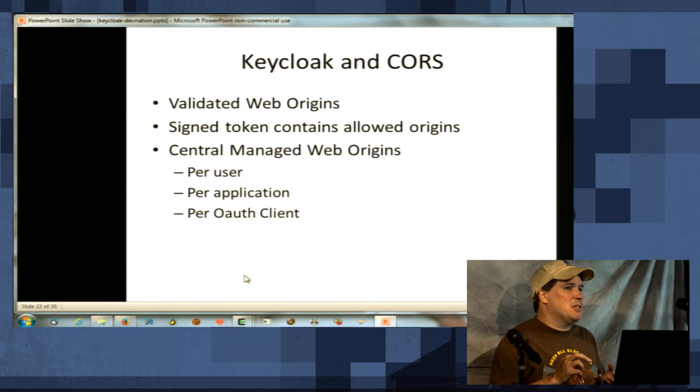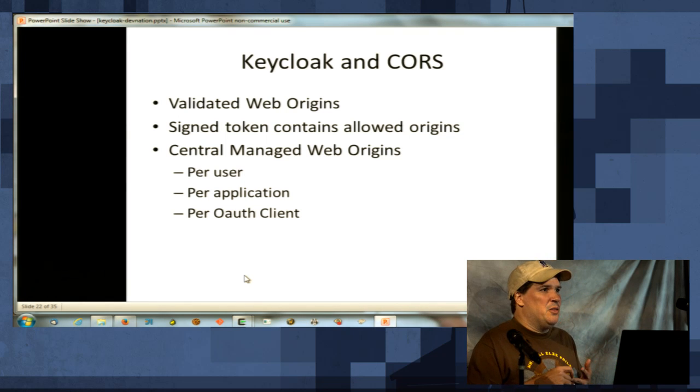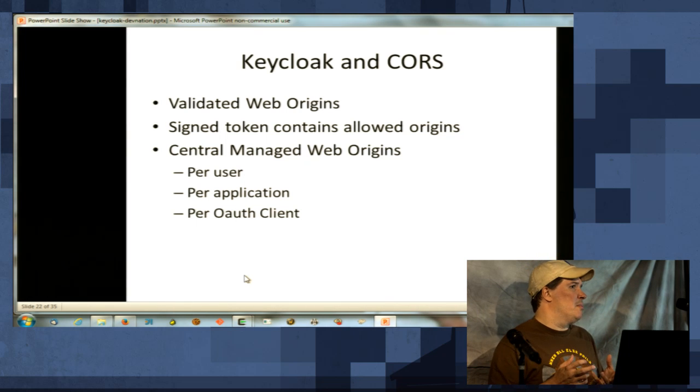So we have adapters for Wildfly, if you're writing a web application for Wildfly, for JBoss AS7.1, or for EAP 6.x. And those adapters bring in this CORS support and allow you to make CORS requests. Eventually, after our 1.0 release, we're planning on writing adapters for Jetty, Tomcat, hopefully for Vert.x,